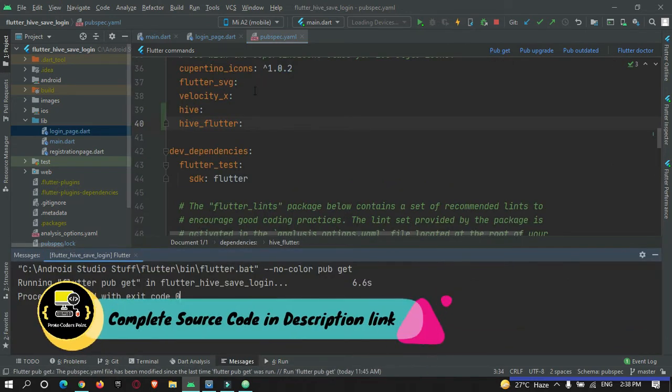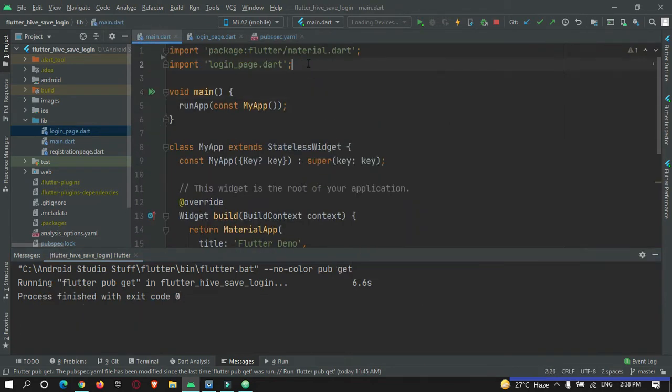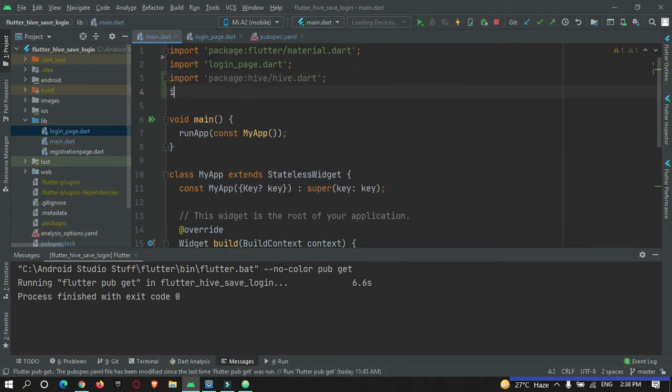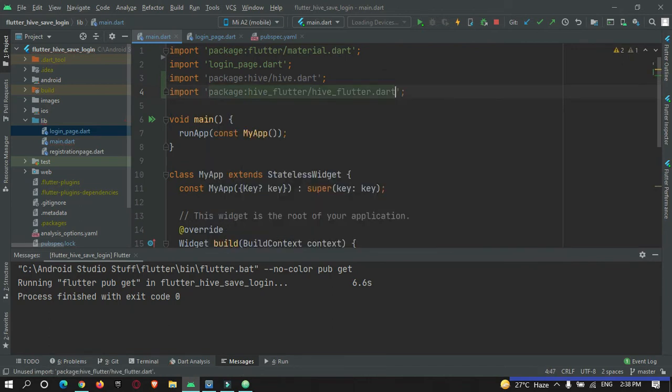After adding that you need to initialize the Hive database. For that go to the main.dart page and import the packages. One is the Hive package, hive.dart, and the second one is hive_flutter.dart.